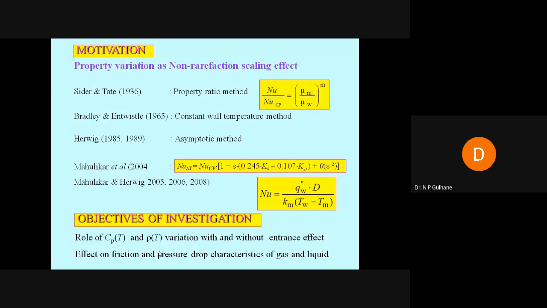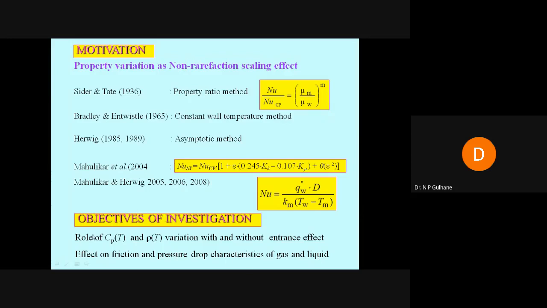So SROT is always higher than SROP. The effect of temperature-dependent density is very, very high compared to SROP. That is why we try to understand the role of ROT and CPT with and without entrance effect,